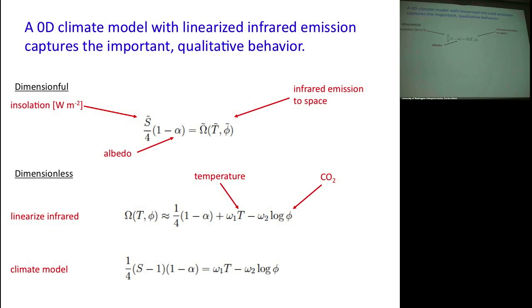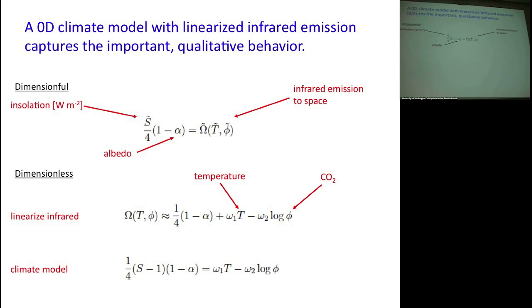Okay, so to solve this, I need to write down equations that I can solve for temperature and CO2. So I need a weathering relationship, which was big gamma equals the weathering function of phi and T. And then I need some sort of climate model. And so this is my climate model. Any of my friends from atmosphere and climate, I don't think any of them are here, would probably take me out back and shoot me for this. But this is my climate model.